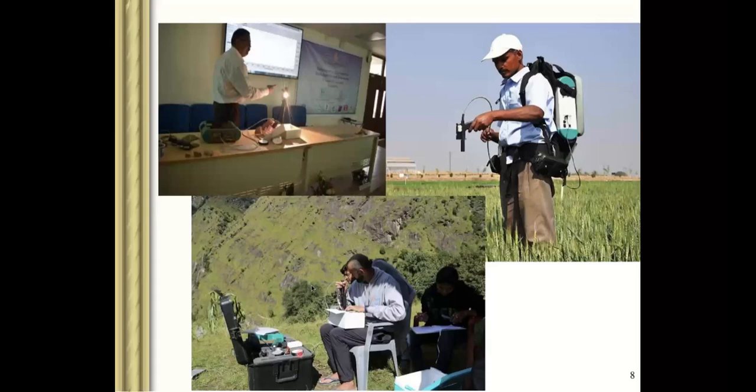So first you have to do the white light. Sometimes in the lab, we have two lamps, one from this side, and we put another lamp on this side. We put our object on the table, and the light falls on that object, and then we take the probe reading, or we take a radiometer from the top of that object, and we get the readings. So this is the process we follow.